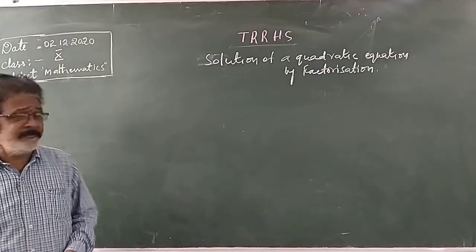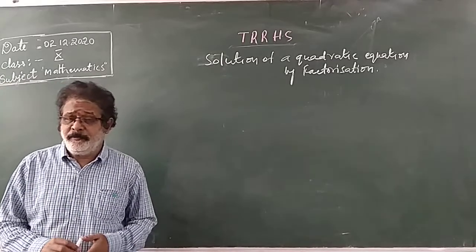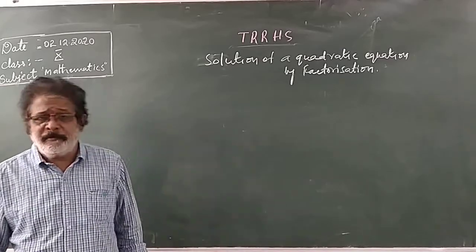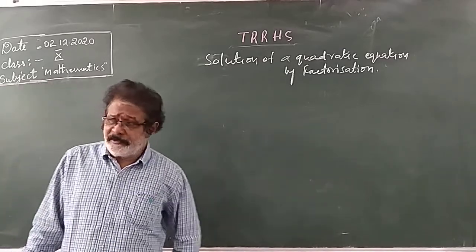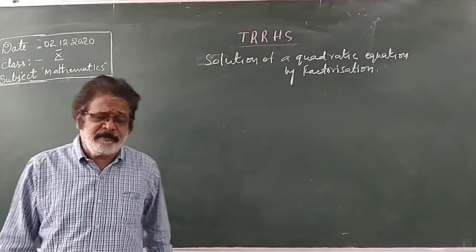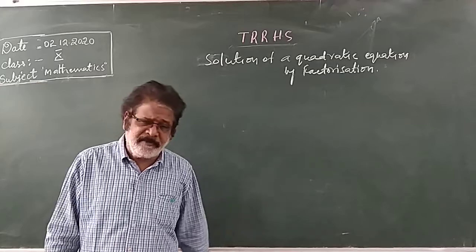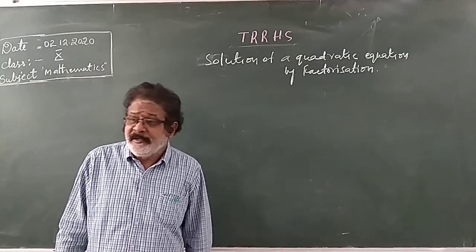So, in the last class, we discussed the quadratic equations. The quadratic equations and zeros of the quadratic polynomial are the same, I told you. The general form of a quadratic equation is ax square plus bx plus c equal to 0. Whichever equation is in that ax square plus bx plus c equal to 0 form, that is a quadratic equation. In the last exercise,